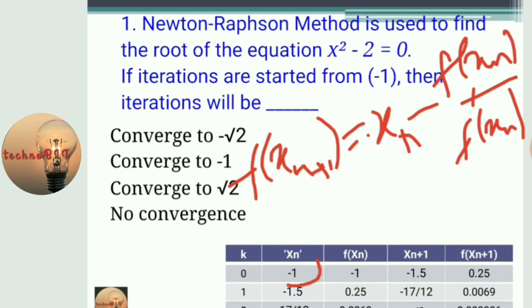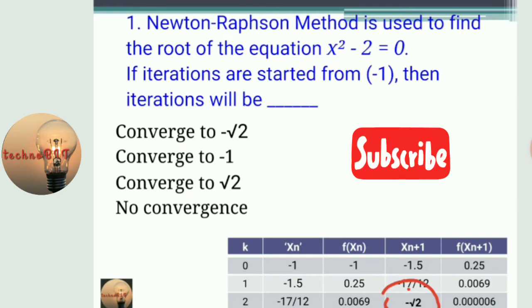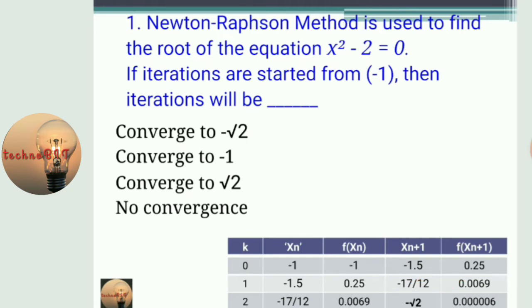So we have the first approximation value as x naught, that is given in question, right? So according to that we got the value of x1 and x2 and x3. So you can see here the value of x3 is coming as minus root 2, right? So minus root 2, and here the precision is coming this much. That means the convergence is going towards the minus root 2 point, right? So for this question the correct answer is converging towards minus root 2.